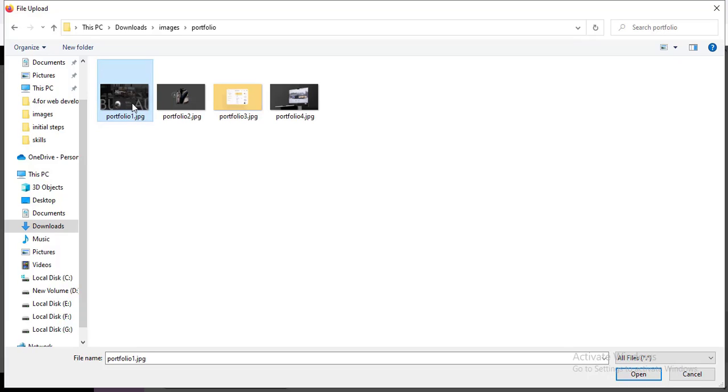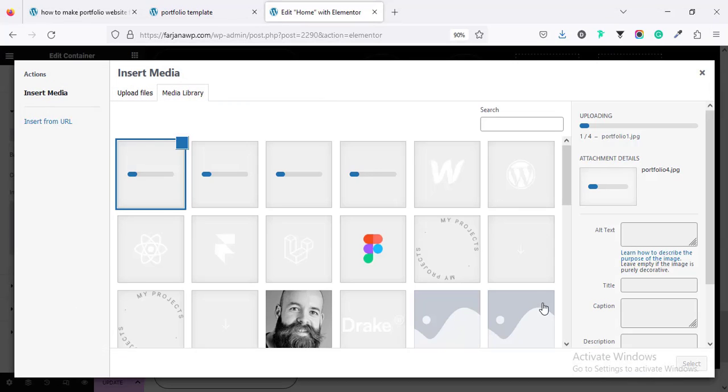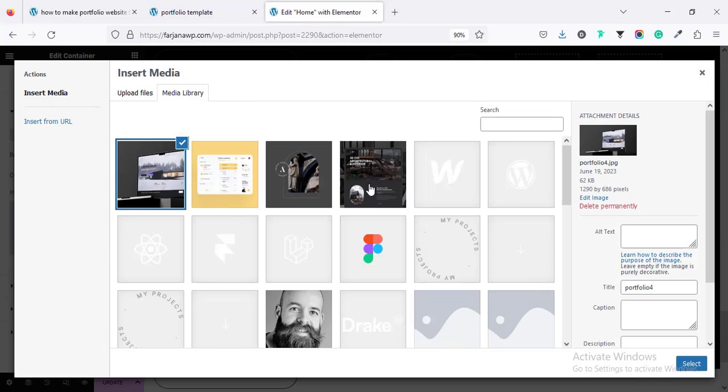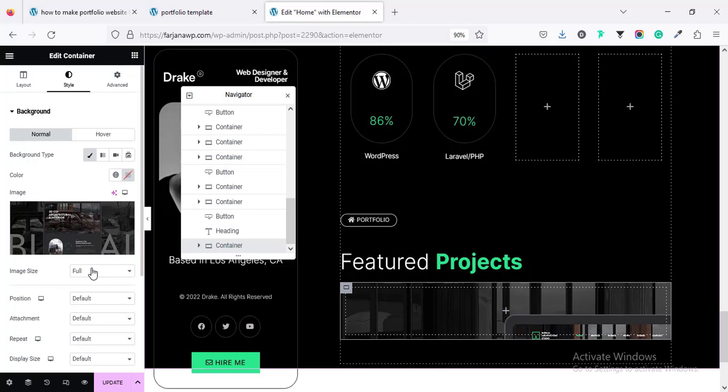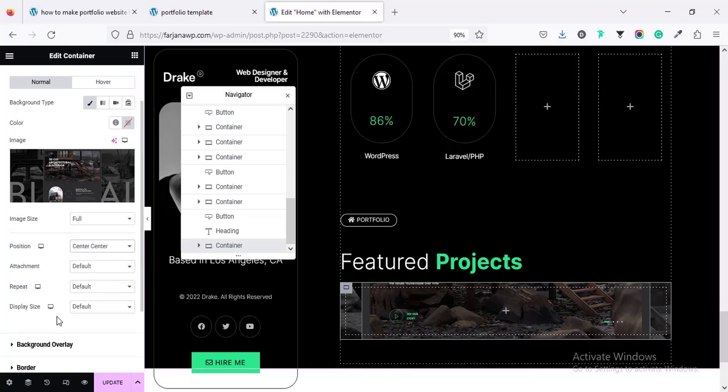I'm going to upload all. And taking the first one, image size, full, position, I'm making it center, repeat to no repeat, and display size, I'm setting it to